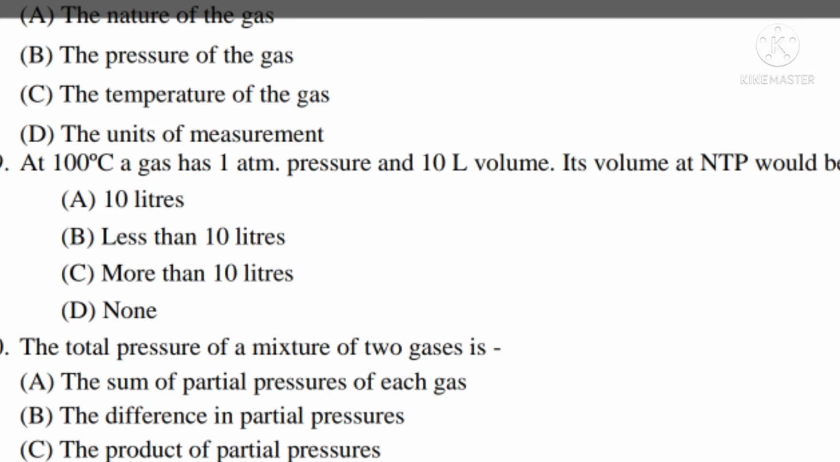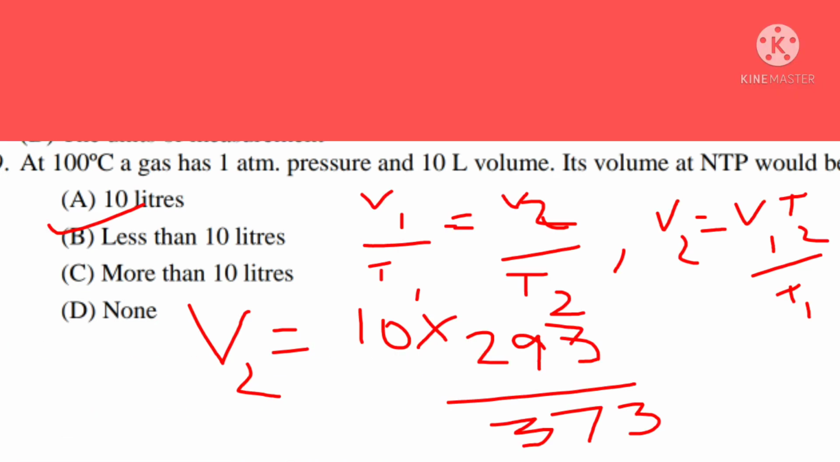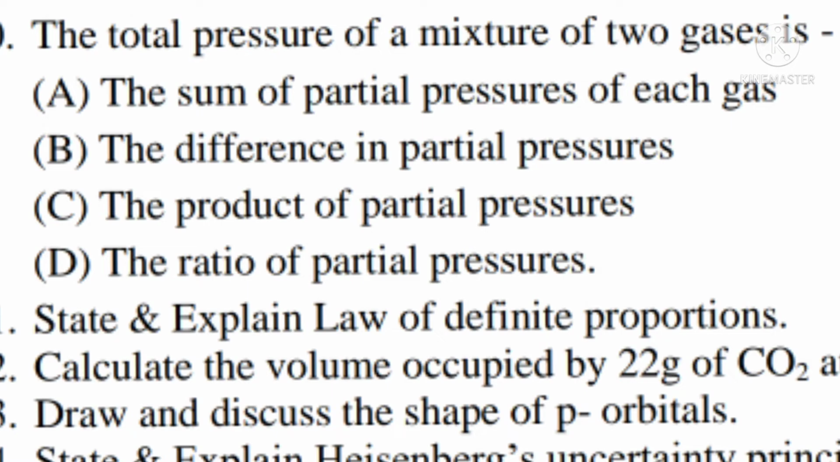At 100 degrees centigrade, a gas has 1 atmosphere pressure and 10 liter volume. Its volume at NTP would be, so we use the formula V1 upon T1 is equal to V2 upon T2. So V2 is equal to V1 T2 upon T1. Putting the values, 293/373 is less than 1. So answer will be less than 10. The total pressure of a mixture of two gases is the sum of partial pressures of each gas. This is Dalton's law of partial